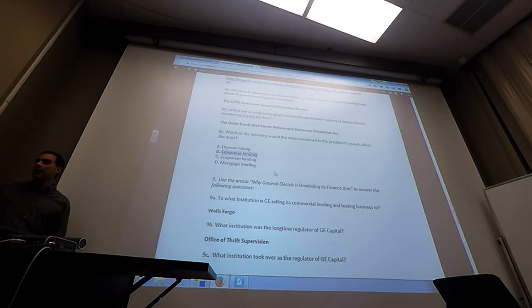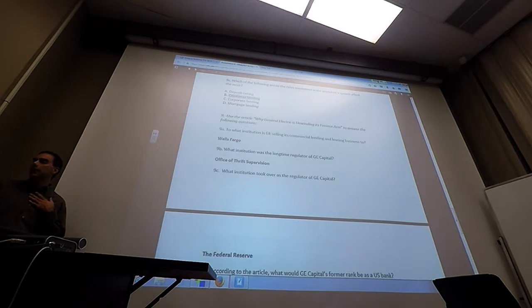And all those proposals have been stalled the last year or so because this CFPB is not fully staffed yet, not fully funded by Congress, because Congress is resisting allowing this organization to operate. And it's really not going to be until after the next election that we see what happens with this whole CFPB. And then the last article is basically what happened to General Electric.